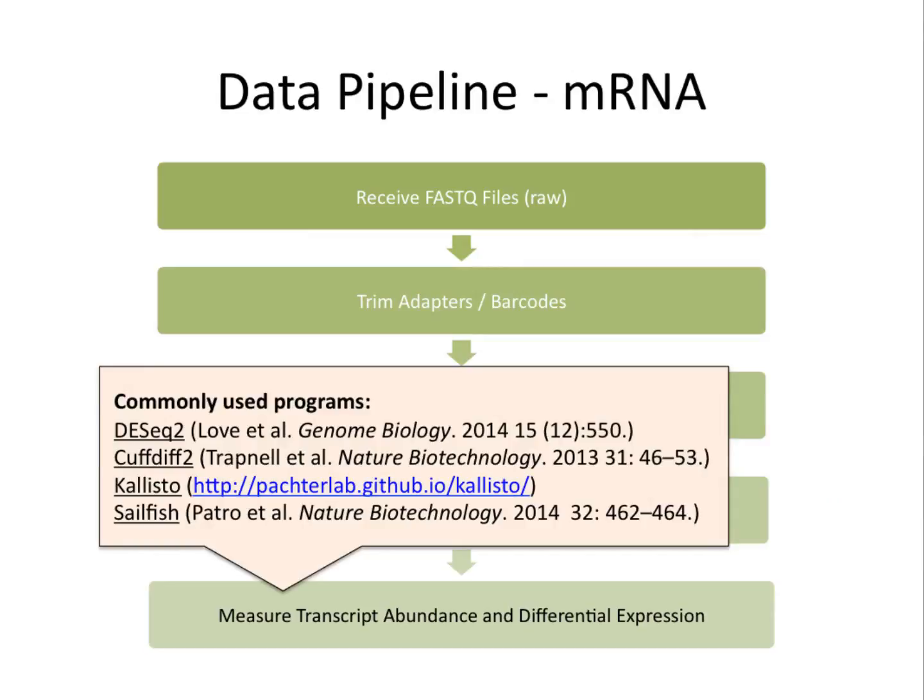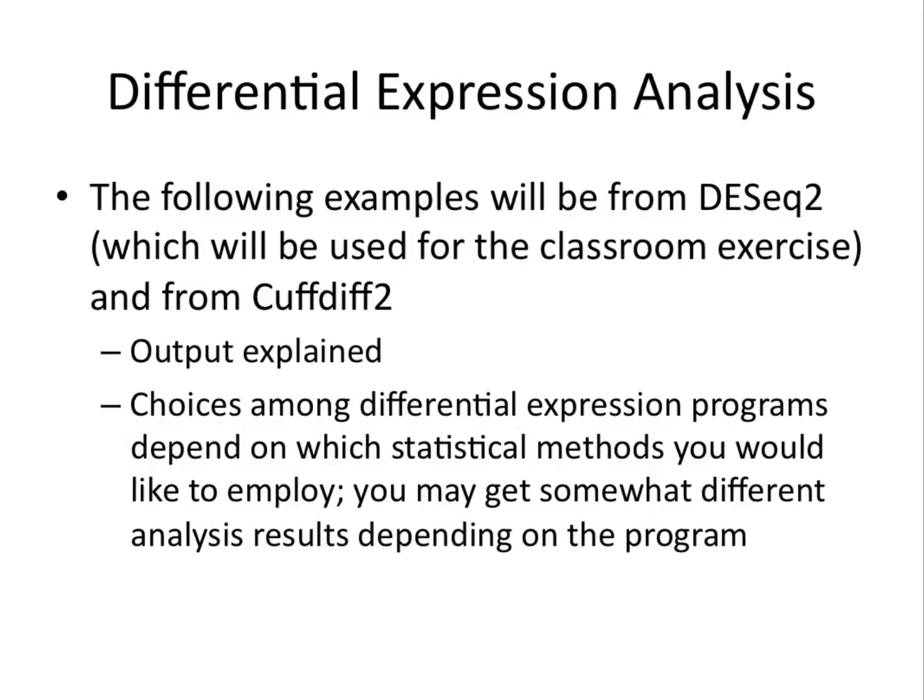Once you're happy with your libraries, you'll proceed to analytical programs to generate the data you want for your papers and grants. This slide lists the two most commonly used differential expression programs, DESeq2 and CuffDiff2, as well as new, up-and-coming programs Kallisto and Sailfish. Once you or a computational research specialist have run your processed RNA-seq files through your program of choice, you'll receive a dataset output from which you can run further analyses to find interesting targets.